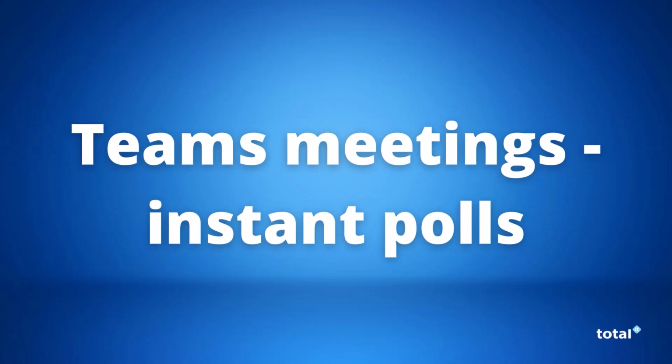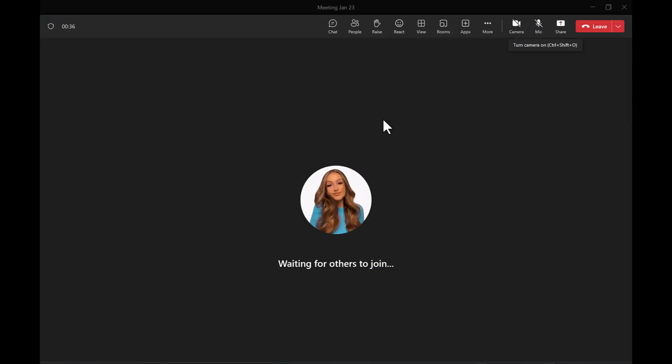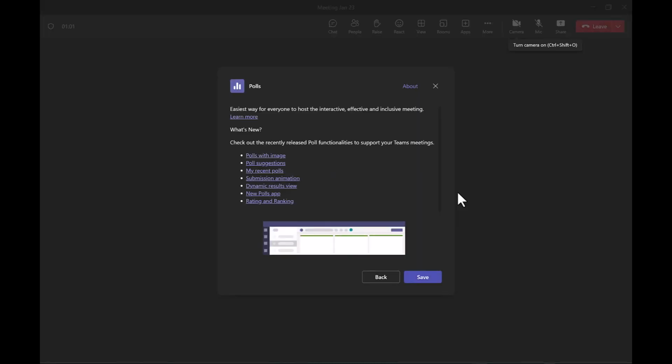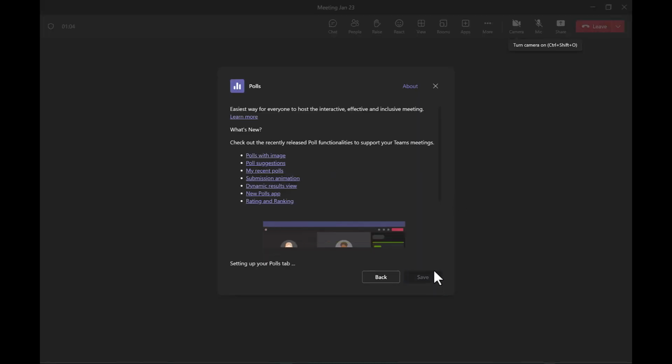Our next update is instant polls within a Teams meeting. You now have the ability to set an instant poll up during your meeting. To do this, you need to go into apps and add in polls to your meeting in the top taskbar up here. Once you have done this, you can open the polls section in the top right